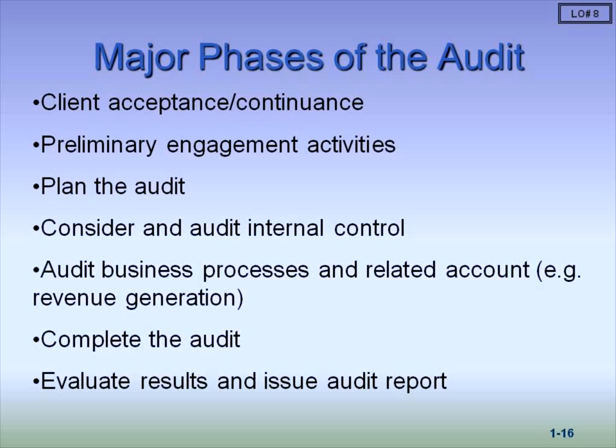Then we complete the audit. So the audit is done. We give all of the substantive testing and our notes and our opinion to the partner, and then they will evaluate the results. They will have a management discussion, which comes before we actually issue our report, because we need to let management know what we found, how we found it, and what it means. And then if there are any changes that need to be done on management's part, we will give them an opportunity to do that. If they choose not to do it, then we would determine if our initial opinion can stand, or if we need to change that, and then we actually issue the report to the audit committee.